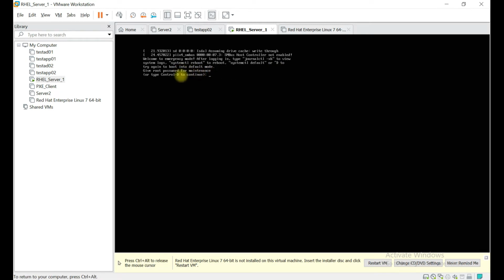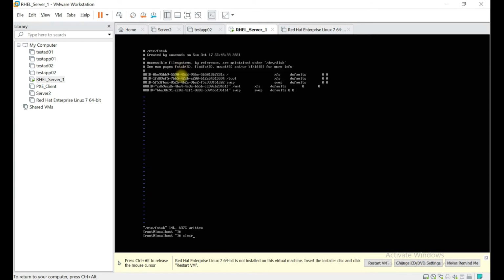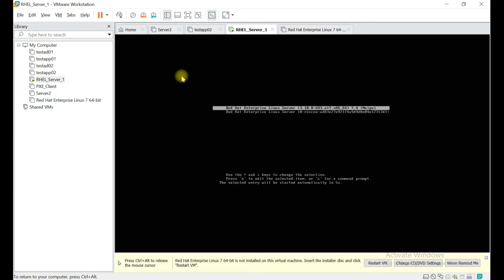Okay, so let's enter the password of root. Already, let's try to mount all the file systems. You can see it's not able to mount this UUID. So you just go to /etc/fstab, and this is the UUID which the system is not able to mount. Comment it out, save the changes, clear the screen, and mount all the file systems. Now it's working, and reboot the system to see whether it's really able to boot or not.